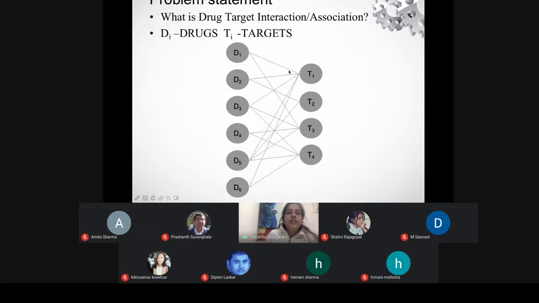ठीक है, तो या तो edge होगी या नहीं होगी. If there is no edge, that means यहाँ पे we will not be putting a zero there. ठीक है, तो in many studies the non-edge is categorized as zero, but it is not zero, it is not being verified.